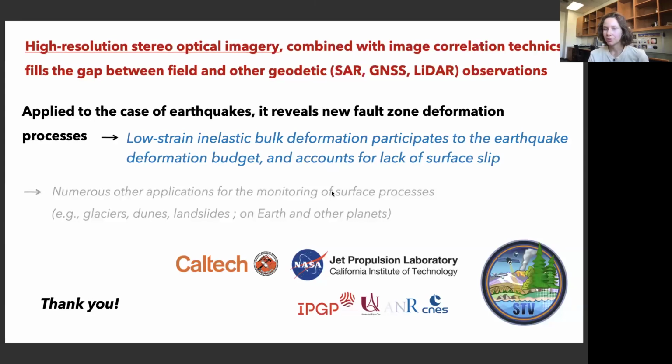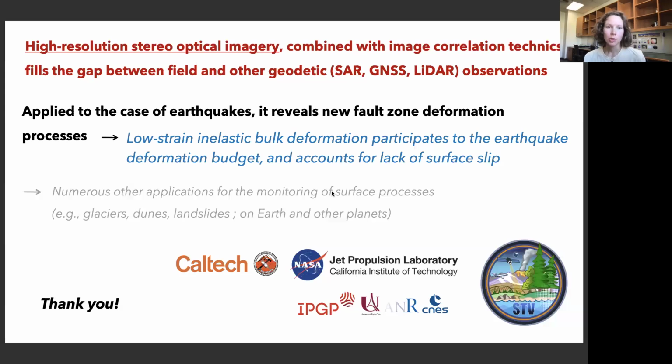So I will conclude on that presentation and on my talk in general, saying that the high resolution stereo optical imagery combined with the correlation techniques really fills a data gap between the field observations, which are mainly on the faults, and the other geodetic data sets, which are broader scale, so essentially SAR and GNSS. I didn't talk about LiDAR, which has an extremely good spatial resolution, but is not really applicable on a global scale, nor from satellite